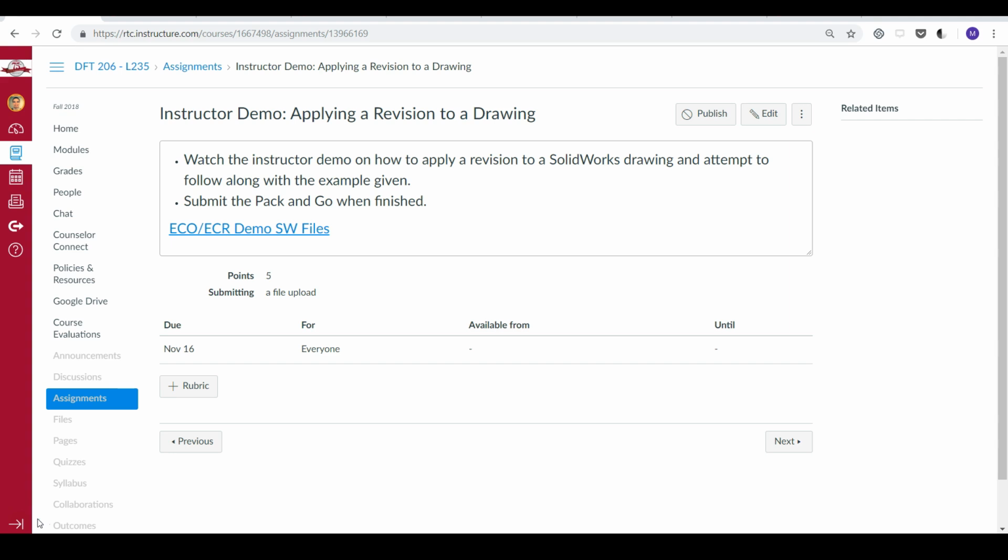So ECRs can be made by anyone that was a part of the production process. This is designers, manufacturers, quality people, marketing. Anybody can do an ECR, and then they all meet together. Everyone who was a part of that design meets together and approves to get an ECO, which is an engineering